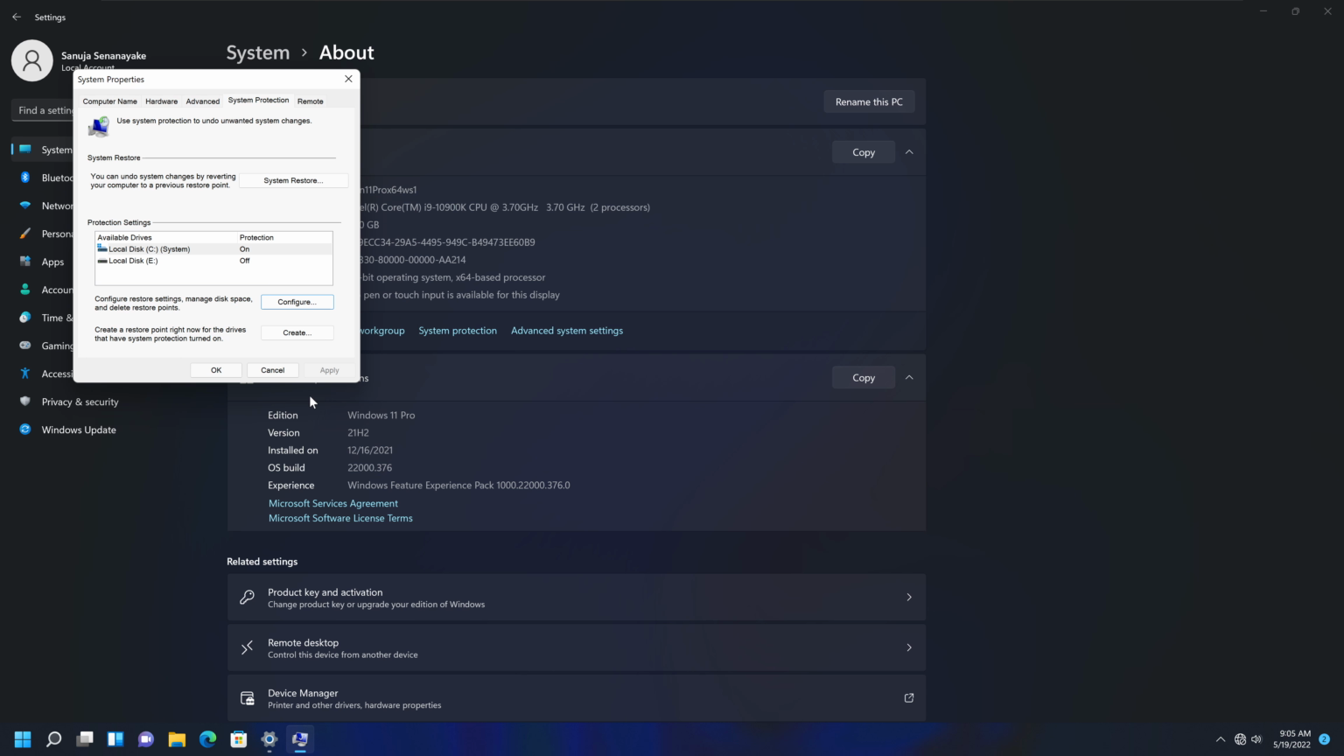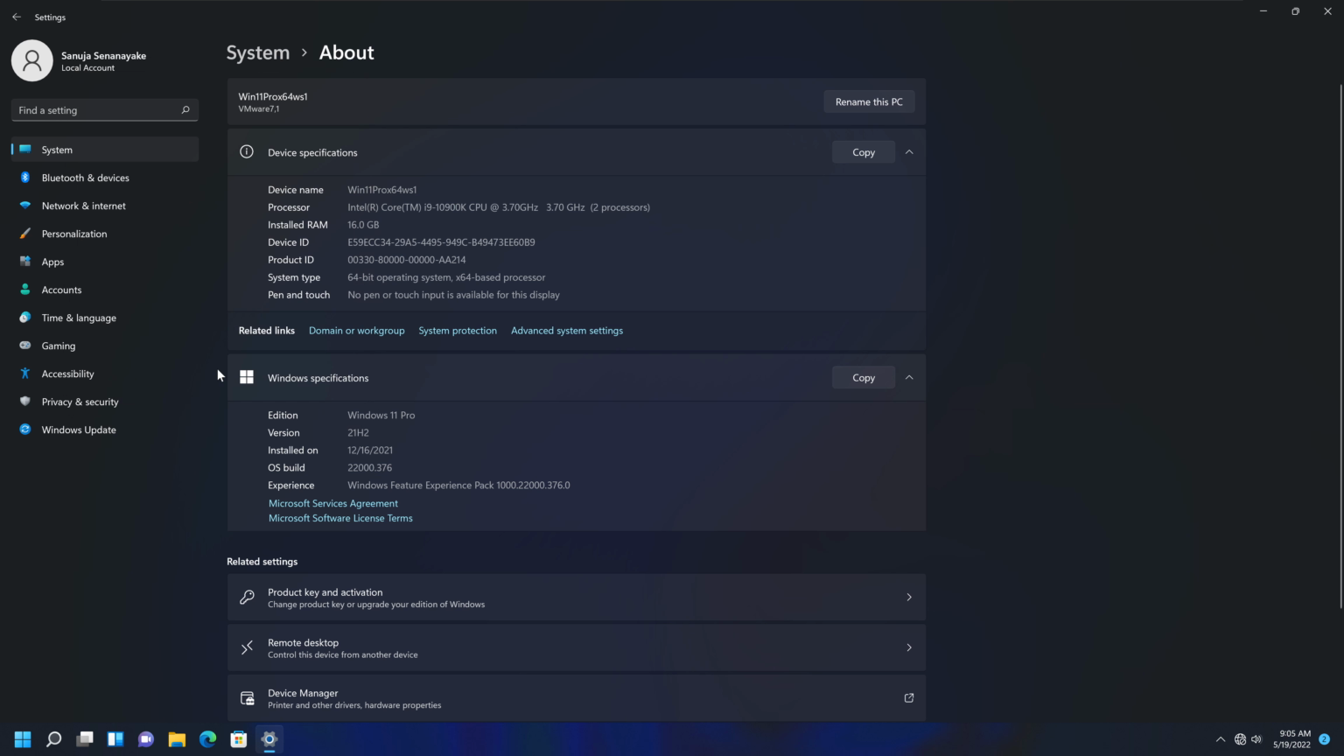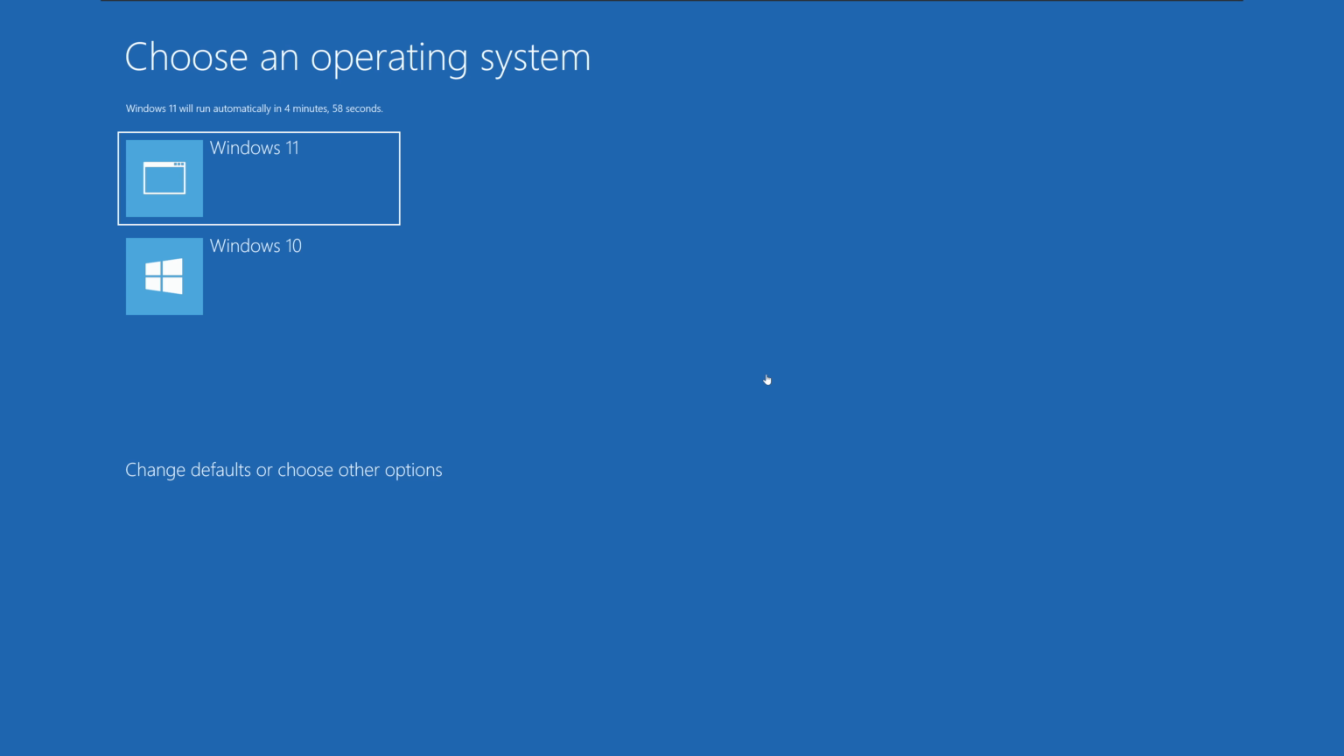So that's how you create the restore point and turn that option on your Windows 11 machine. So let's go ahead and see how you can do that on a Windows 10 machine. I'm going to log into my Windows 10 machine and then look at how we can create the system